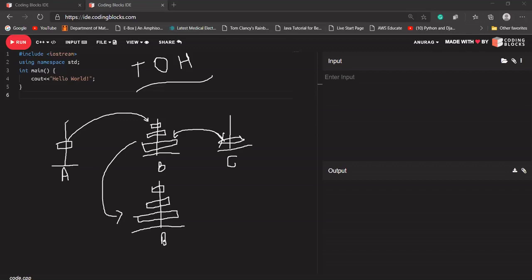Okay, is it clear now, everyone? The question is clear, then we'll be discussing the solution. What are the operations that you can perform? You can pop one element from the top of the stack and you have to place it somewhere else. You cannot store this disk in some other variable. You cannot do that operation, and you can use only one extra rod. You cannot use more than one extra rod. So you have to tell the procedure for how you can do this. Is it clear now, or does anybody have any doubt regarding the problem?